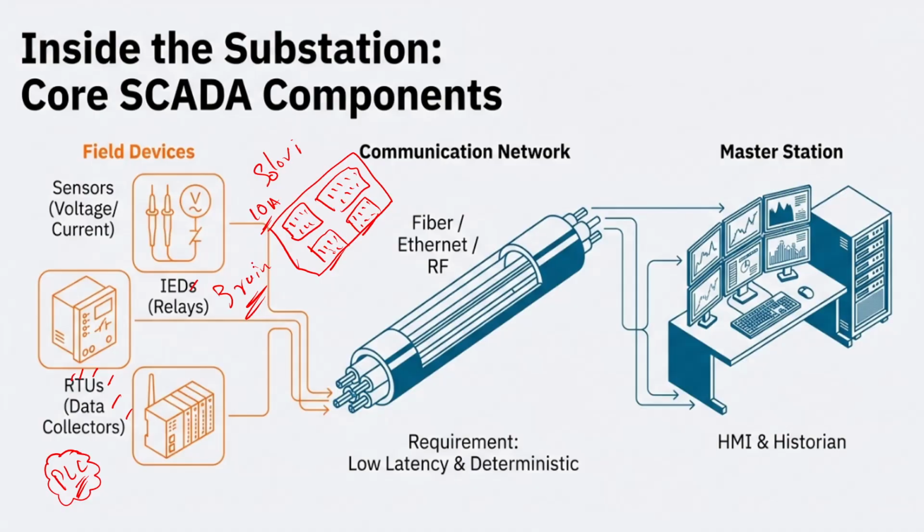Correct. Now, IEDs and RTUs will be installed across these clusters, and then these clusters will communicate with each other. It could be a ring or else mesh. So if we say mesh, then let's say this is our control room,